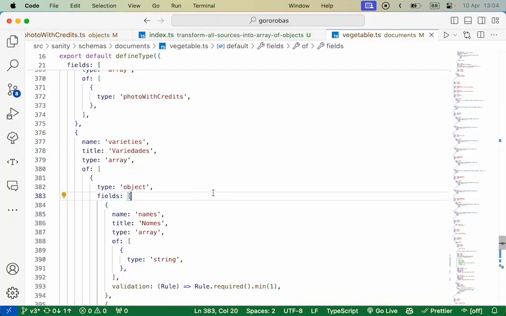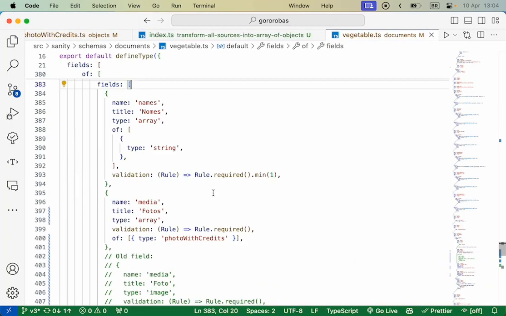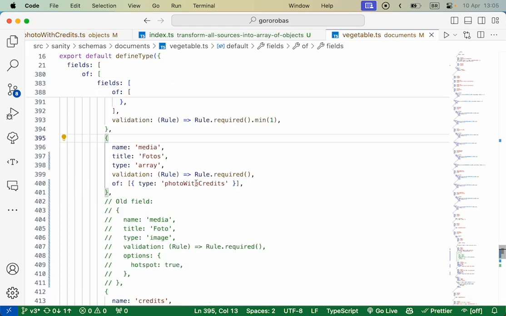But now we're actually going to make an array of photos, because we could have, for example, the seed of a given variety being different than the others. So it's useful to include that photo. We're still debating how much we're going to populate of this, because every extra bit of structure, we actually need to maintain as content creators. But it's a start, just something for us to think about. In any case, it's useful to have that possibility.